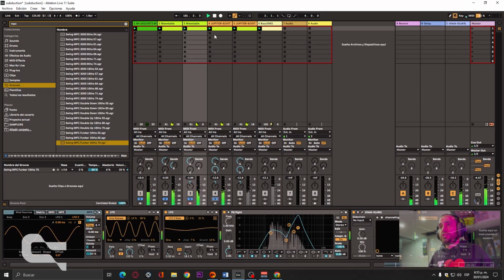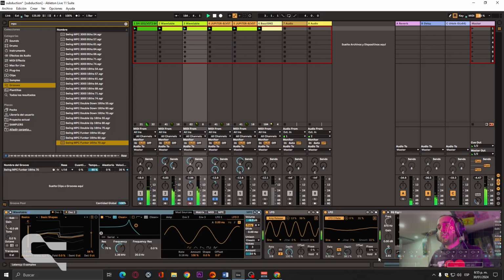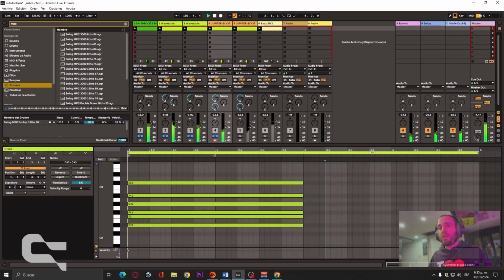And here I have also a frequency shifter, so it gives a little bit of movement. Then I also put this Jupiter, and this Jupiter is the same chord, but I have it sounding just the first two compasses of four compasses. From four compasses it sounds two. So all of this makes different lengths of compasses on your instruments. It will give your track some nice